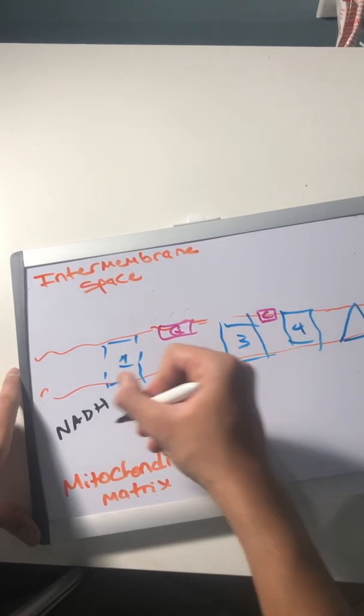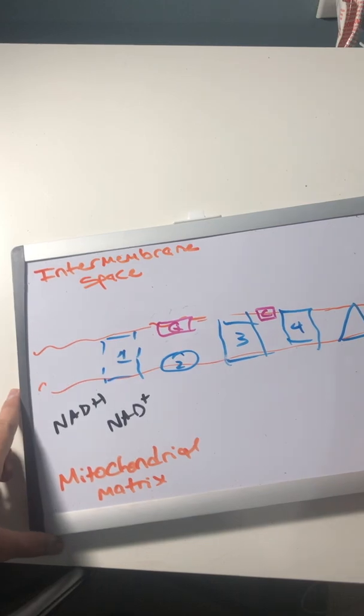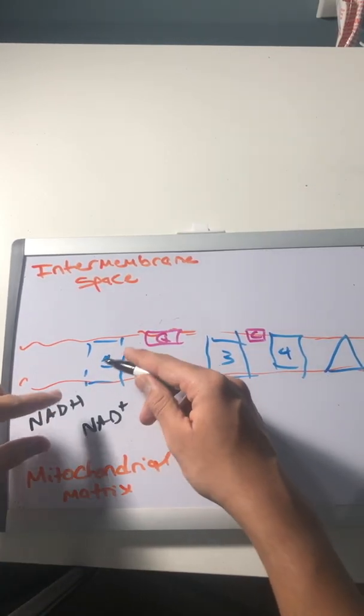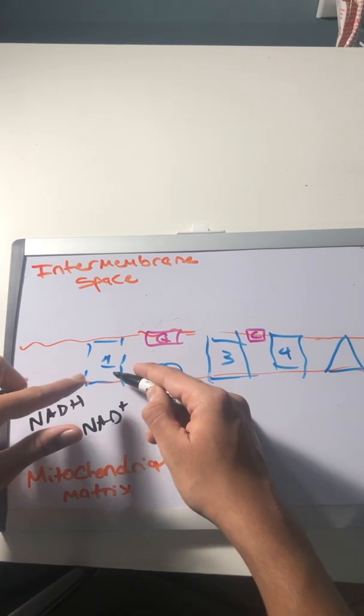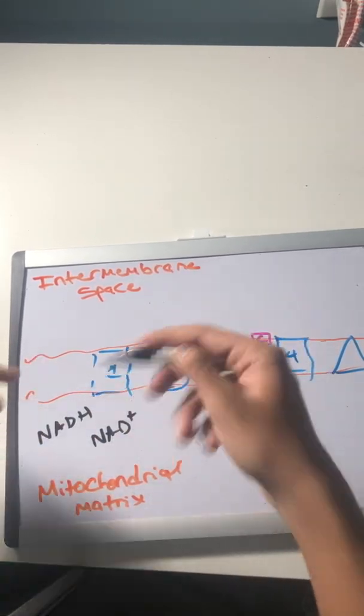NADH is then oxidized into NAD+, and that electron firstly goes into complex 1. Then as that complex 1 is supercharged,